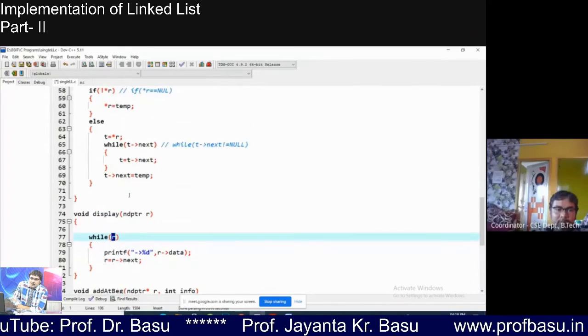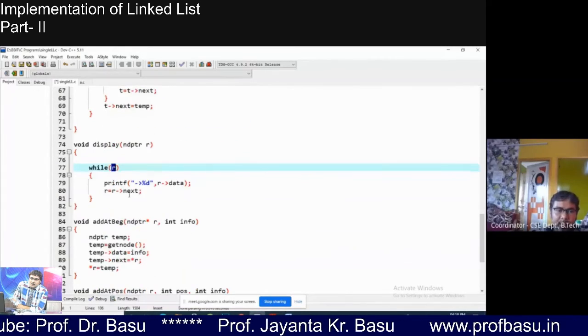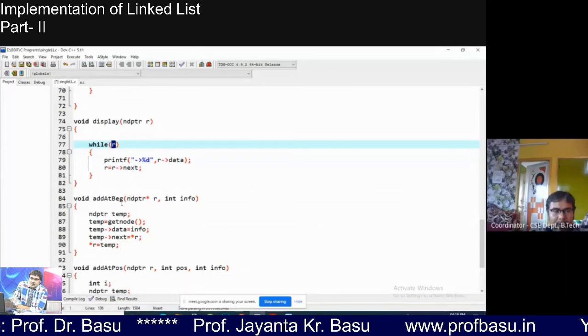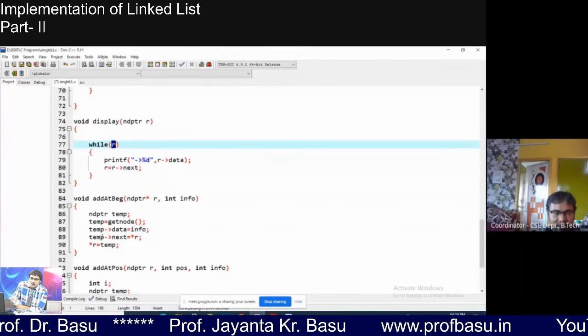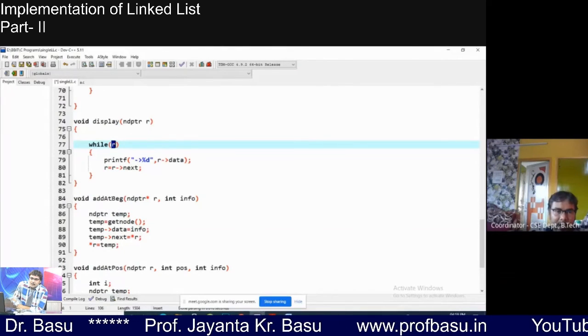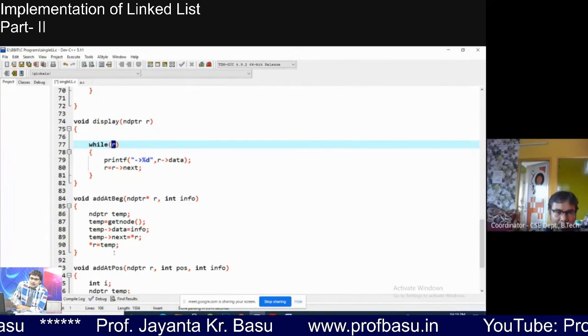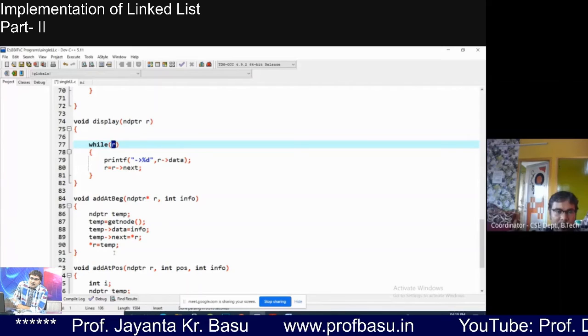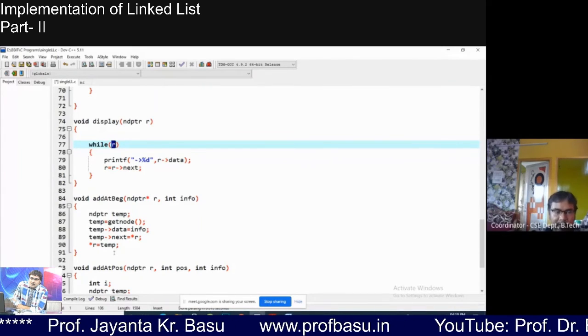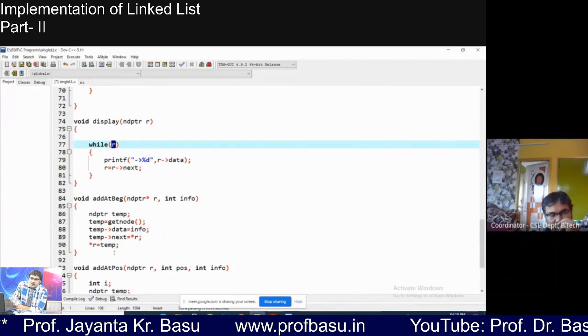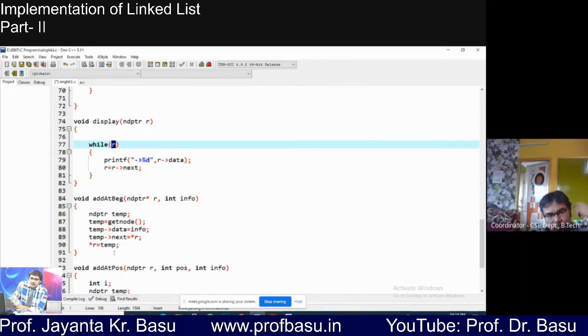Let me show you the program first up to display. Then if you allow, I will discuss the other functions, add at beginning and add at position. I have already written the code up to add at position, though it's not yet completed. Another function is delete from left, which will be used to delete a node.